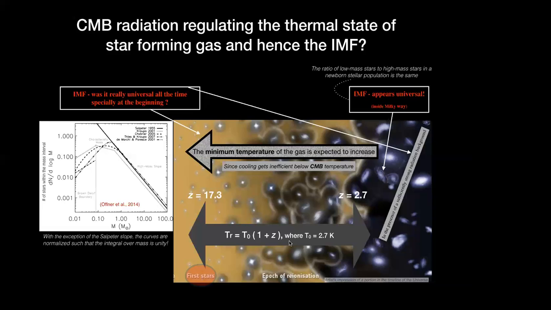What are the values? I'll discuss this in a specific sense, but just to give you the idea that at present, the CMB is just 2.7 Kelvin. But if you go back in time, when the universe was quite young, you expect that the CMB temperature was fairly high. And this high temperature is going to set a very high Jeans mass. And that means that the minimum mass of the stars or the fragments could be higher.